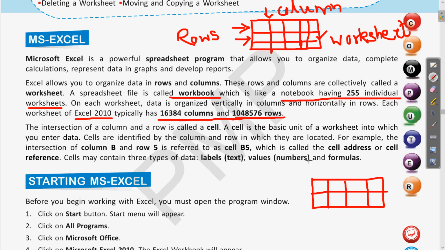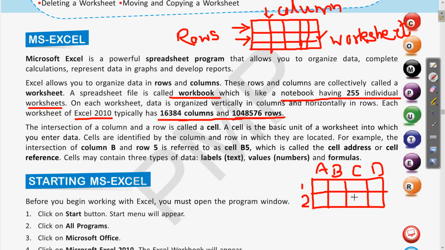Now the columns and rows will have numbers and alphabets. If there is a cell, the intersection of column B and row 5 is referred to as cell B5. Columns will have an alphabet denotation. For example, if we have 4 columns, they will be written as A, B, C, D. In the same way, the rows will have numbers.